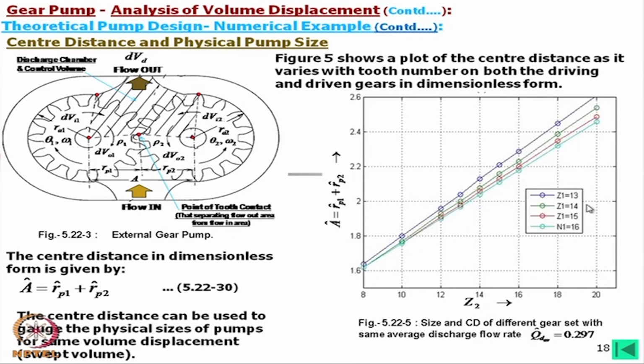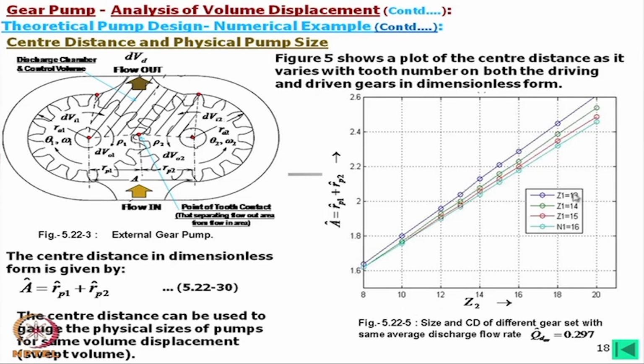Now, this is the non-dimensional center distance, which we have varied from approximately 1.5 to 2.6, and then we find with different combinations of teeth, say if we consider the blue line, then that